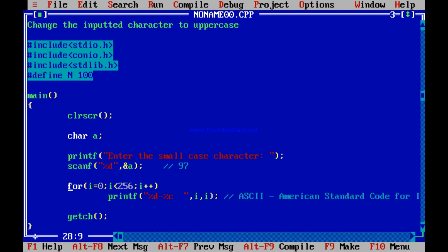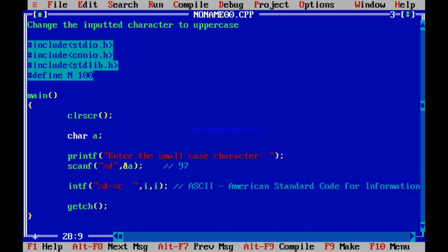Now I will do a small correction. Minus 32. I simply write the capital letter: I take capital A is equal to small a minus 32. So I define a capital A also.